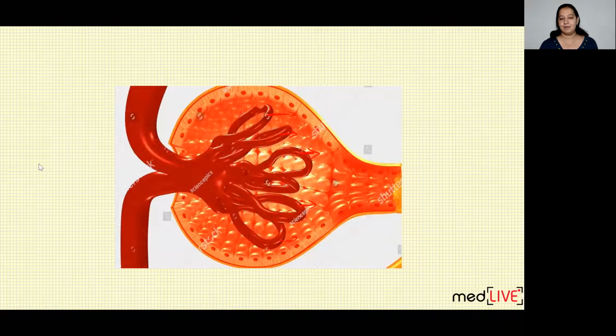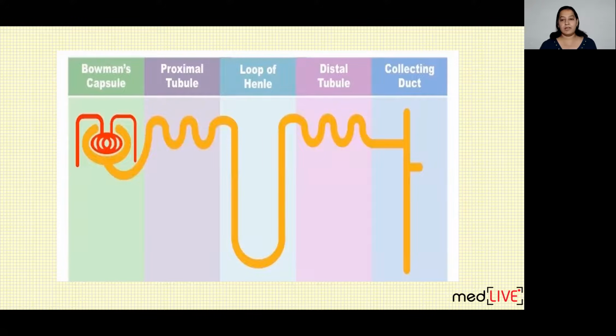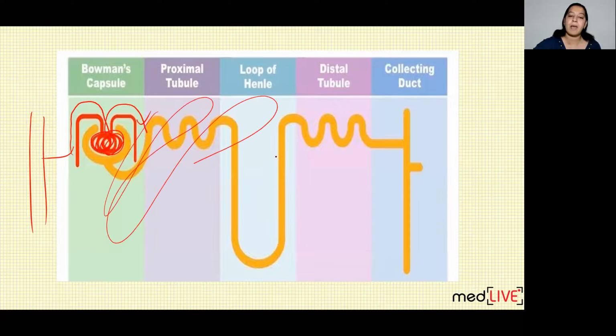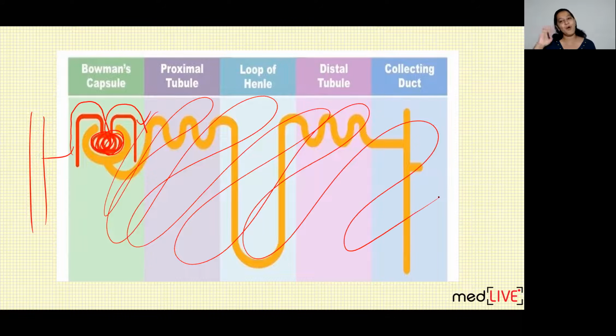So that was all about glomerulus. Now, what happens to the efferent arteriole? I told you that afferent arteriole is coming inside, forming a tuft of capillaries, and efferent arteriole is exiting out. So, what happens to this efferent arteriole? Afferent arteriole is coming from the renal artery. From the renal artery, afferent arteriole is coming and entering inside the glomerulus, inside the Bowman space, forming a tuft of capillaries. Efferent arteriole is exiting out. This efferent arteriole further forms a bunch of capillaries over these tubules, all these tubules, that is PCT, loop of Henle, DCT, and collecting tubule.